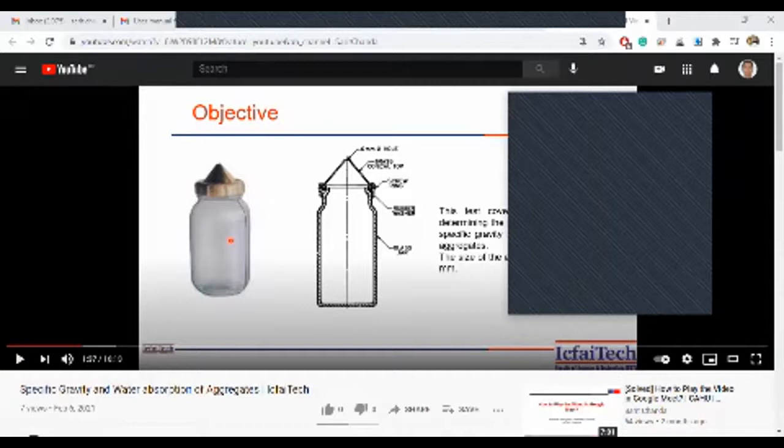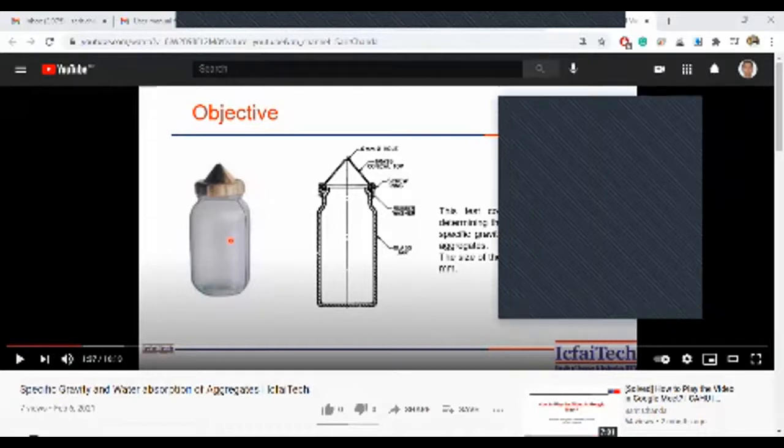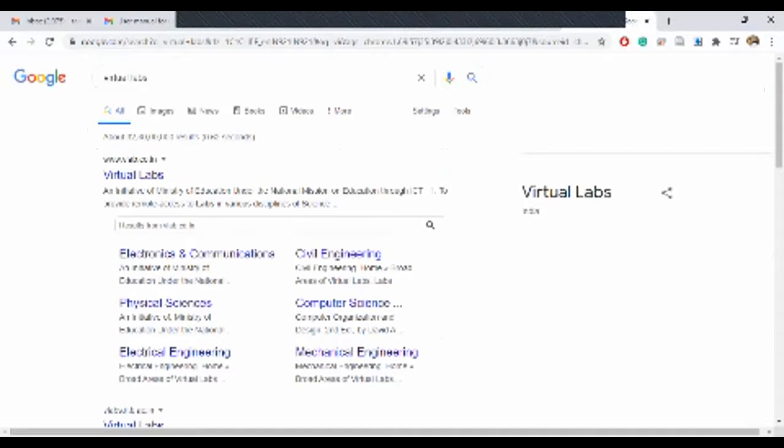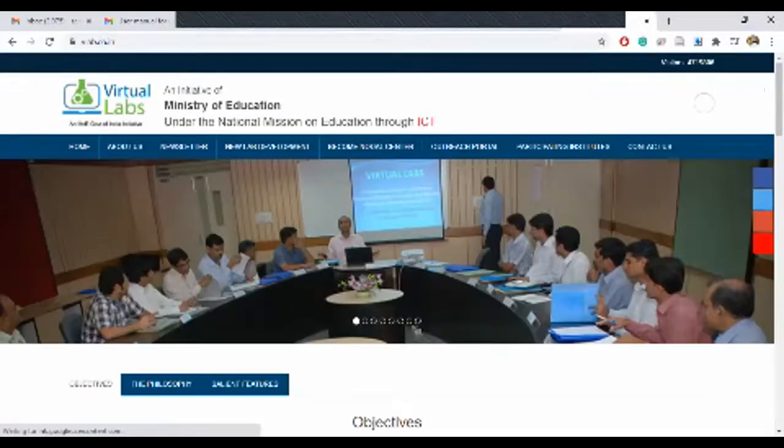And secondly, water absorption. In concrete, like sir explained, you have to add some water to the dry mixture. Like you are adding cement, fine aggregate, coarse aggregate. When you mix these three, it will be a dry mixture, right? So you need to add some water to it. This water will react with your cement to give you some strength. It will harden. So in cement and concrete there will be a chemical reaction taking place.